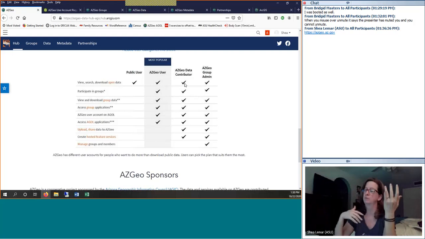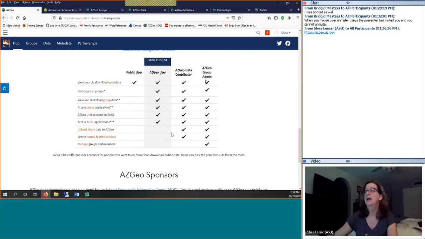Well, I get my fourth grade son's rivers project pop up. I want the official authoritative rivers for Arizona. So to make sure that our data on AZGeo stays as the authoritative data, we have an AZGeo data contributor, and those people are allowed to share data for their group because we want all of the data for